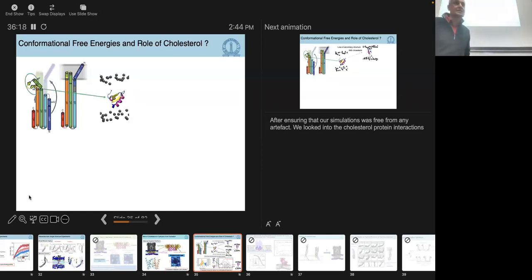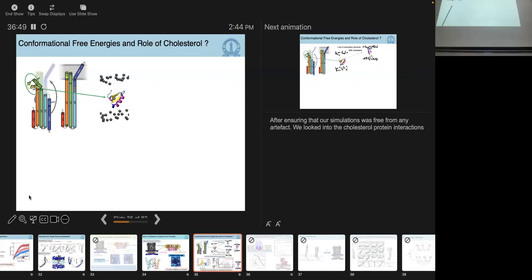So we focused on just the beta tongue motif. Now, this is actually the string method work, and this is about 3-4 years of work in one slide. This is done with my collaborators Sudeep and our student Avijit, who spent a lot of time developing these methods and trying to apply them to membrane proteins. A lot of this work has been done for proteins in bulk, but we have not seen any studies of membrane proteins. So this is an example where we started to look at membrane proteins.